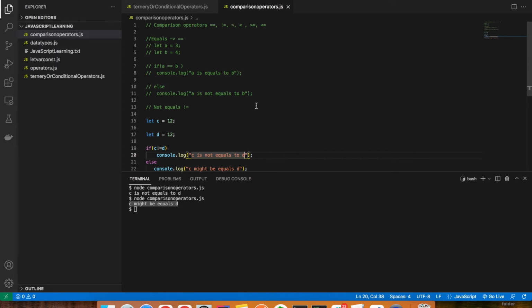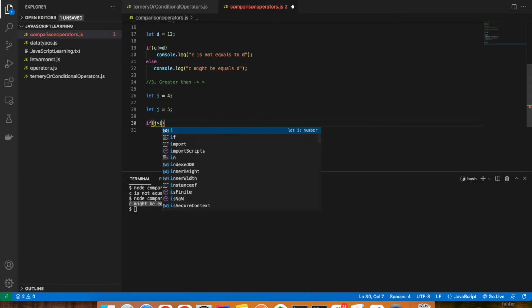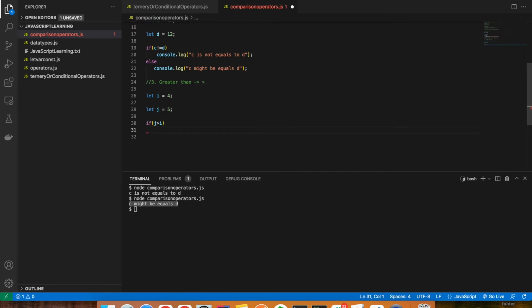Now let's look into the greater than symbol. Third one is the greater than symbol, right? That you will indicate by using a greater than symbol. Let i equals to 4. One more variable I'm going to create, that is j equals to 5. If j is greater than i, then